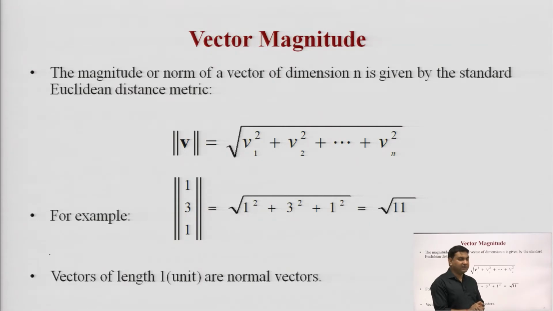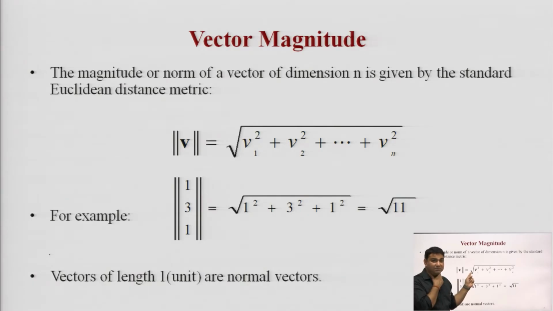Vector magnitude. As you know, a vector is a combination of magnitude and direction both. In a vector, how can we calculate the magnitude part only? This slide represents the fact of magnitude for a vector quantity. If a vector is represented in n number of dimensions, then the magnitude of that vector can be calculated with the standard Euclidean distance metric, for this vector quantity V,